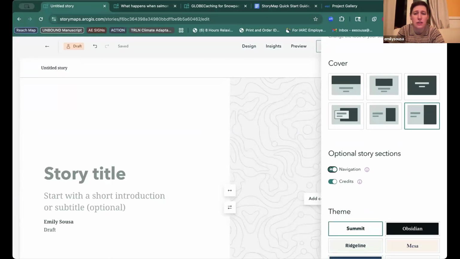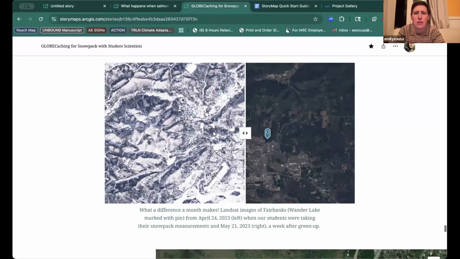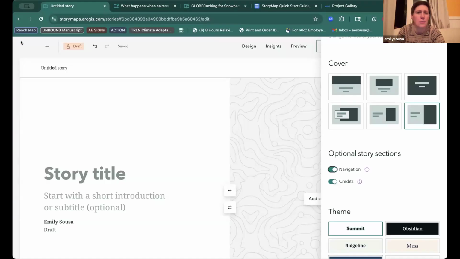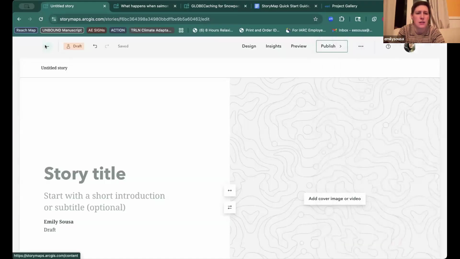Navigation is a different way to do this. Let me show you one that has navigation at the top. I don't think this one does. Okay, let me just go. Navigation is